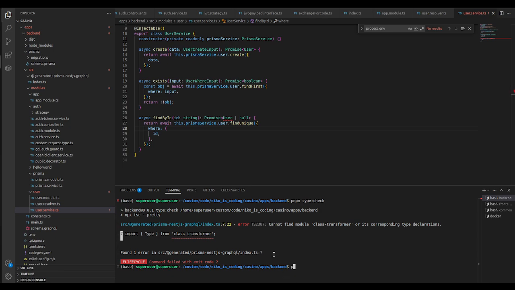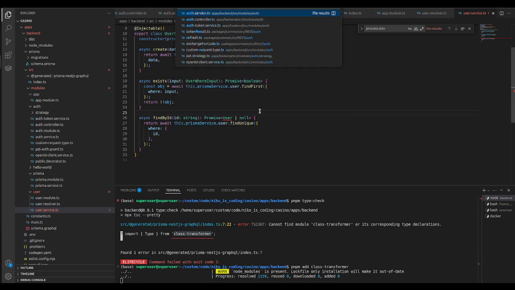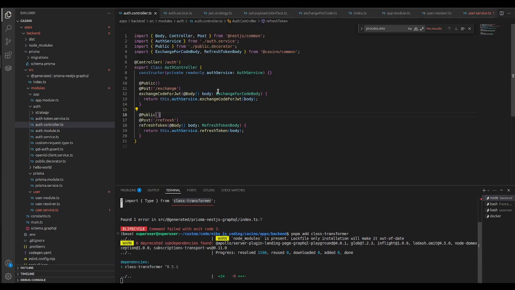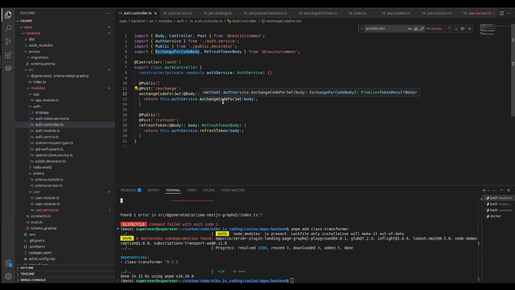So it doesn't know class transformer, so we are going to install class transformer. This allows us to transform objects before they are passed to the client, or vice versa. It allows us to make sure that what the client is sending us conforms to certain types. For example, if we go back to the auth controller, here we pass the type, and now because we use class transformer,